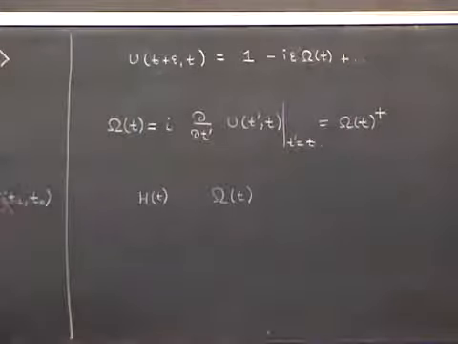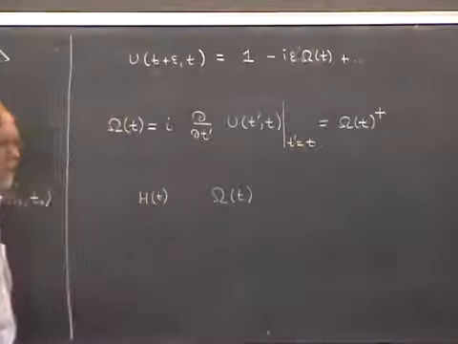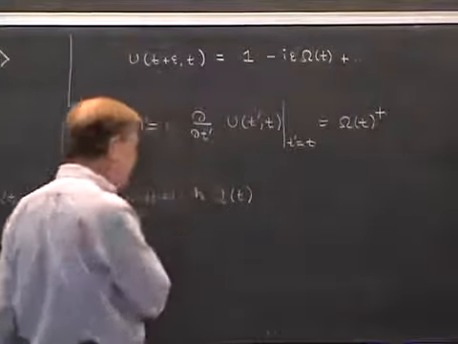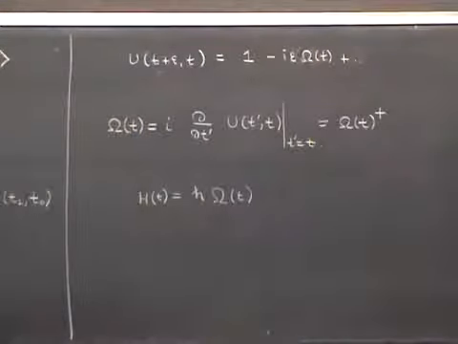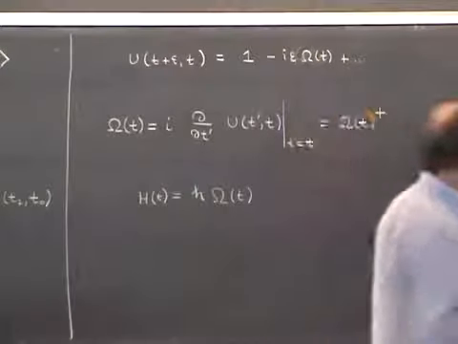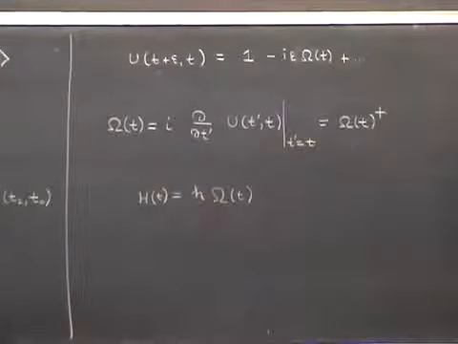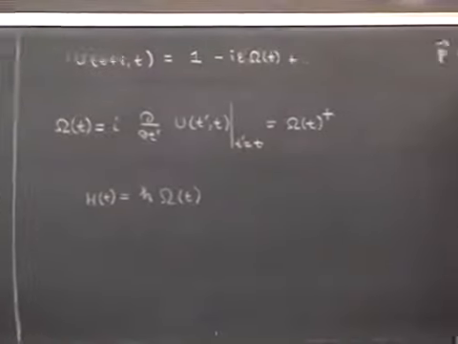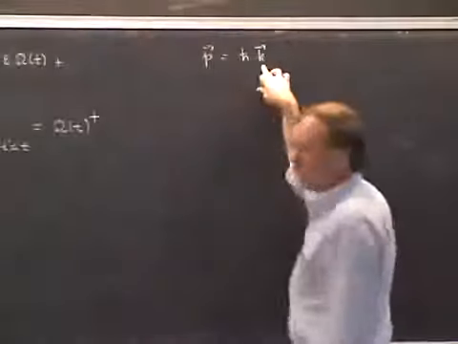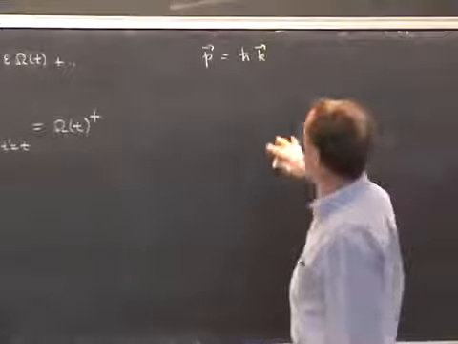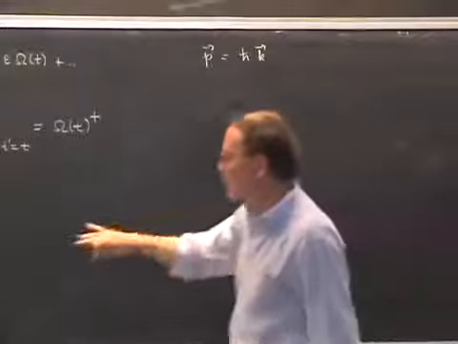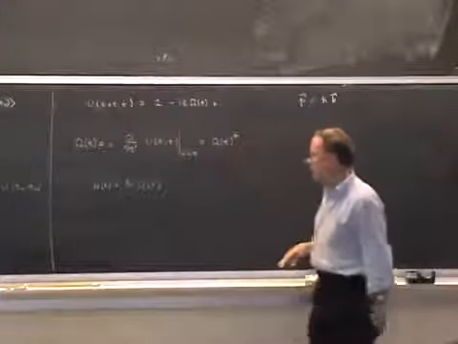Now, however, it can't simply be H equals omega because the dimensions aren't right. H has dimensions of energy and omega has dimensions of inverse time. We fix this by assuming that there's a proportionality factor in here which has to have dimensions of action, and we call this proportionality factor h bar. Now, I went through a very similar means of introducing h bar in the last lecture, in which we identified the quantum momentum P as being h bar K, where K was the generator of translations. So the idea here is that the quantum operator momentum is emerging as a generator of spatial translations, and the quantum Hamiltonian is emerging as a generator of time translations.